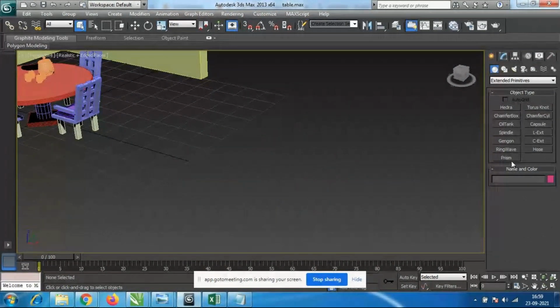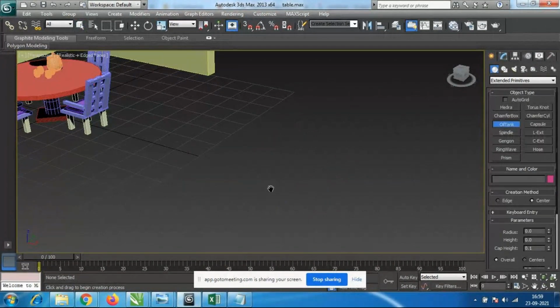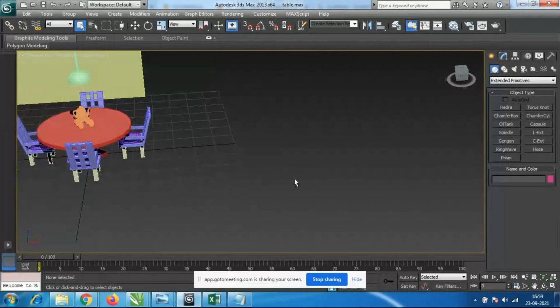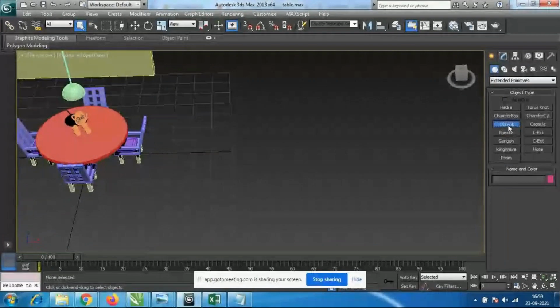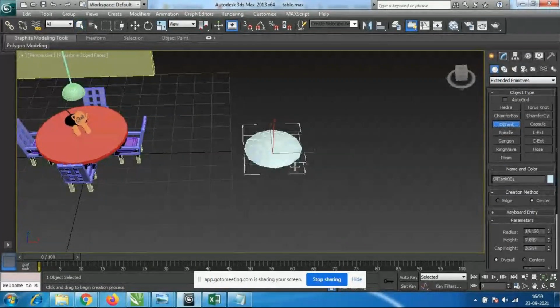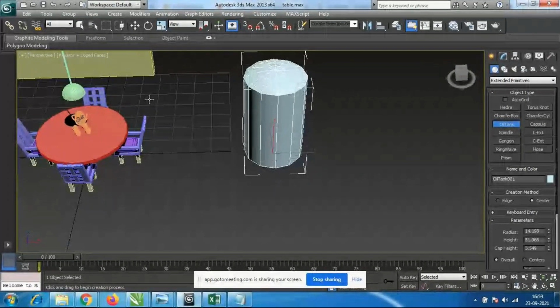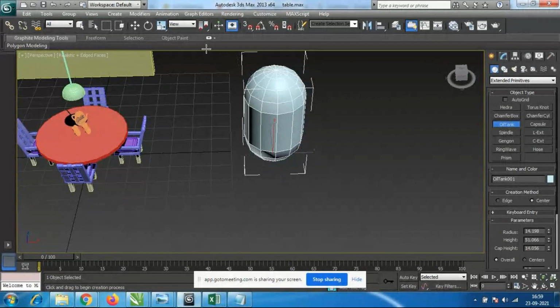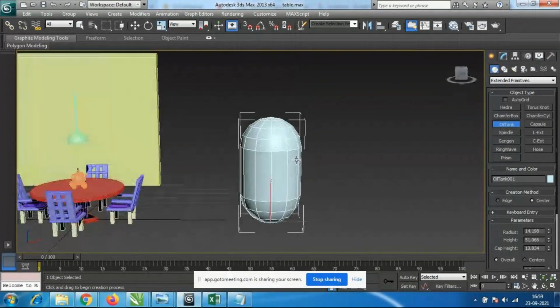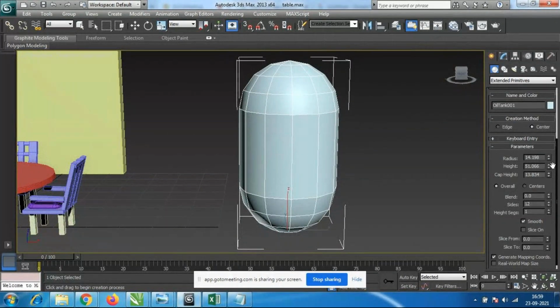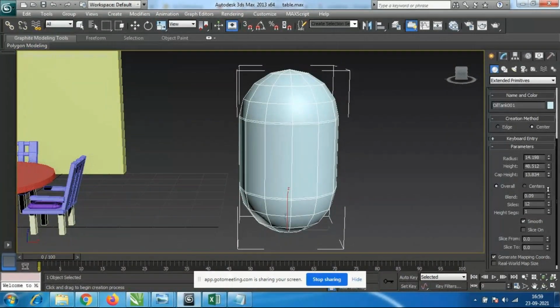And the next one is the oil tank. Again for this, what we have to do, we have to make it here down. I'll select this tool and take a round circle like this and take it up, and it is kind of a capsule. So here they have given the tool called oil tank. Like that, and however much height we want, that much height we will get, and the blend option is here.